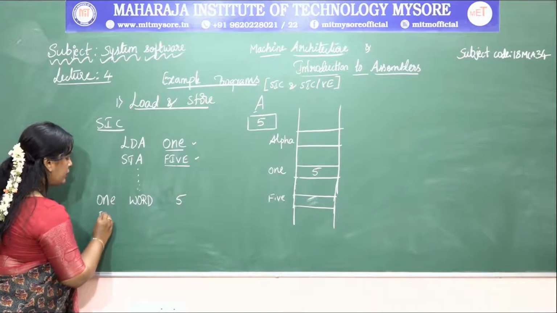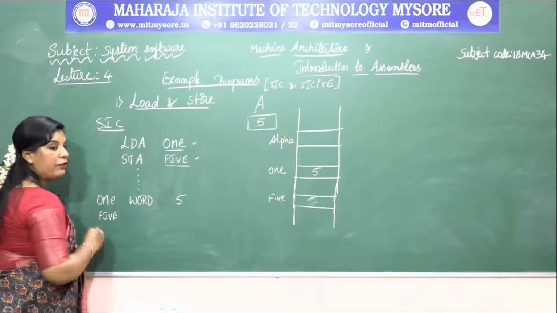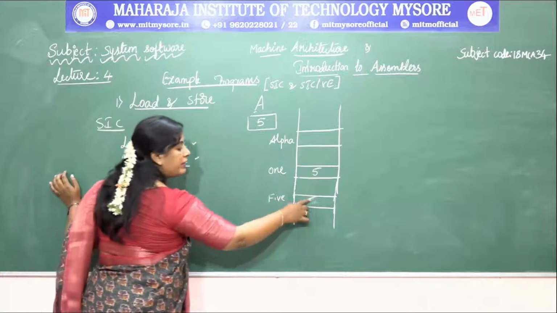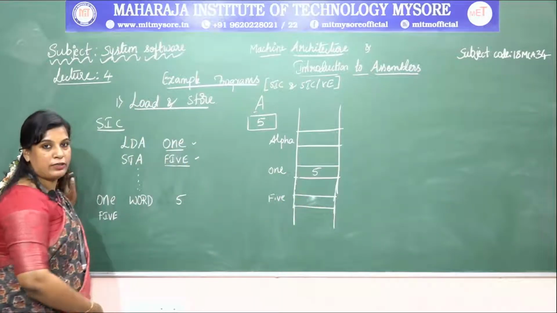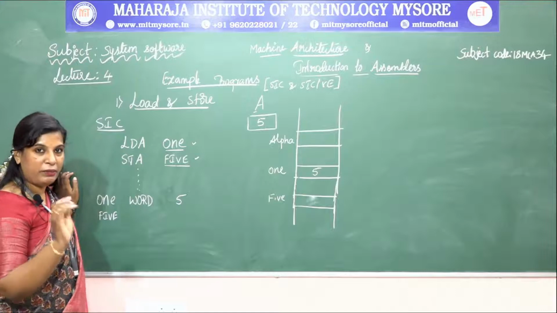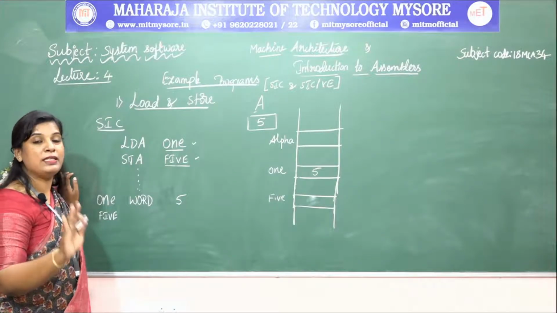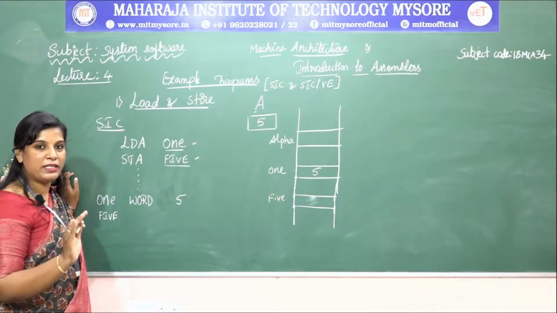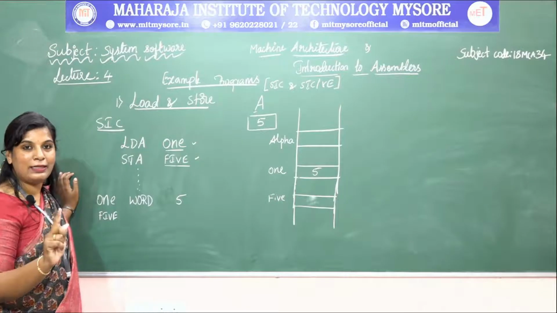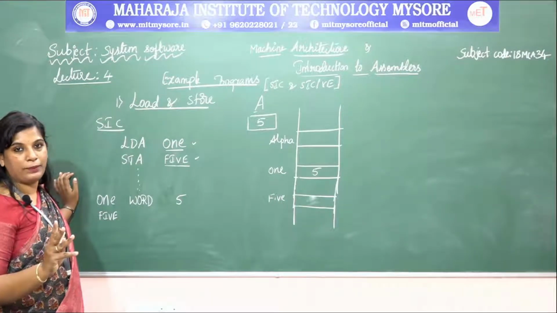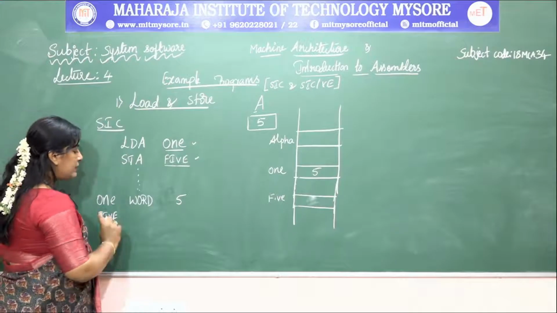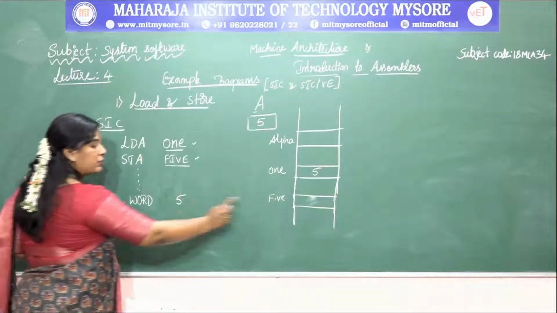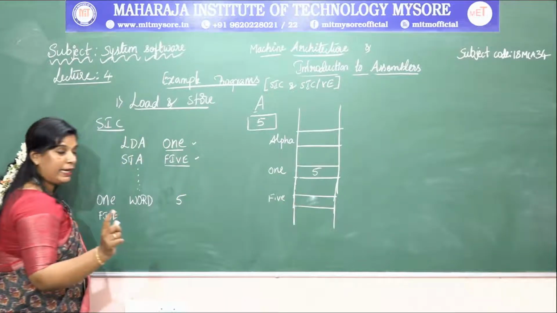So here, what is the next variable? That is a 5. What is the next variable? It is 5. So initially it is not allocating any kind of value. Simply it is empty. So we are reserving some memory space for an integer value. For storing a single integer value, it requires 3 bytes of length. So the memory variable 5 does not have any initial value, we are not assigning any value for that.